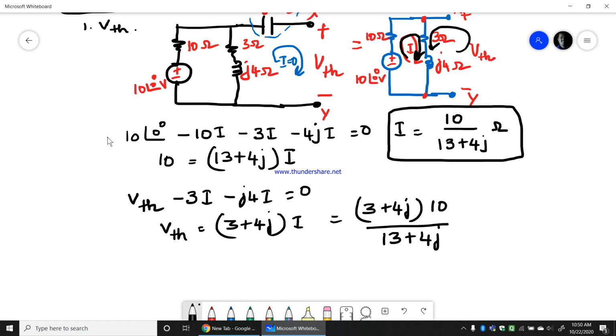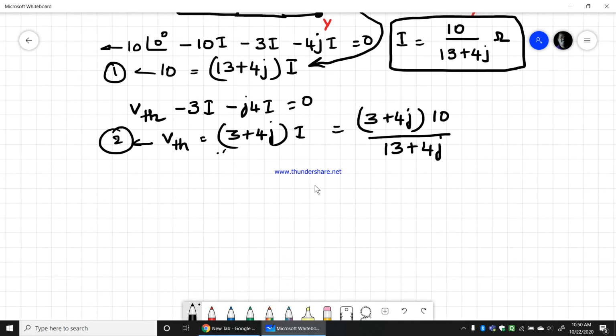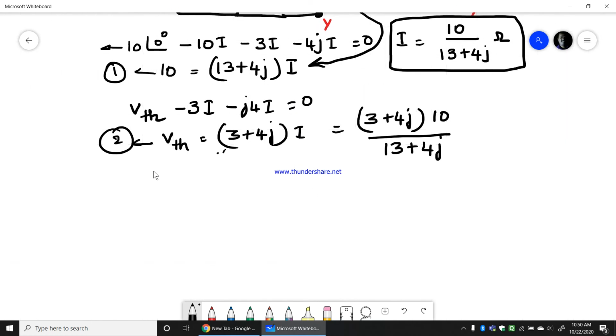So this equation we have got, which is equation 1, is through this loop, and this equation we have got through this loop. So let me say it is true. Now I can easily find out what is VTH, converting rectangular to polar. So VTH equals 10 into 3 plus 4j in polar. Shift polar of 3, 4 will give me 5 at an angle 53.13 degrees. So 10 into 5 at an angle 53.13